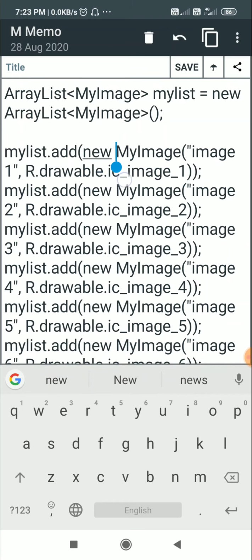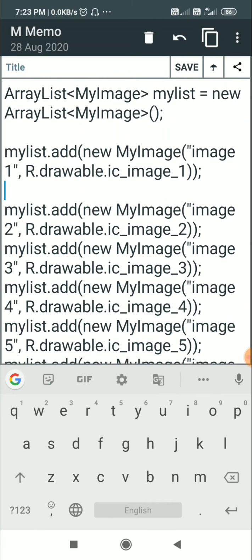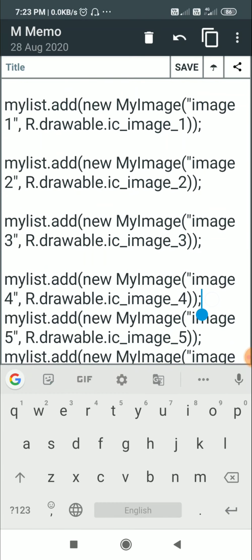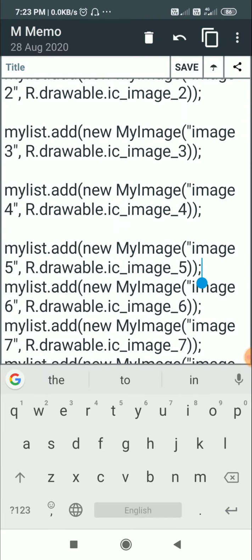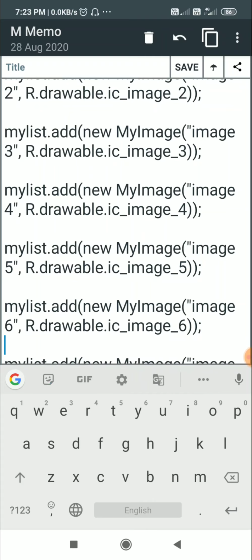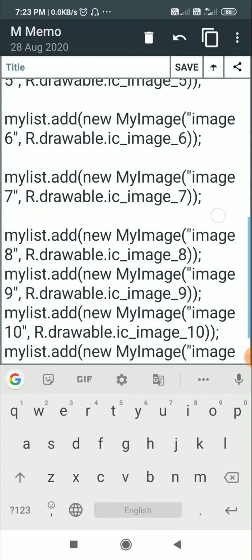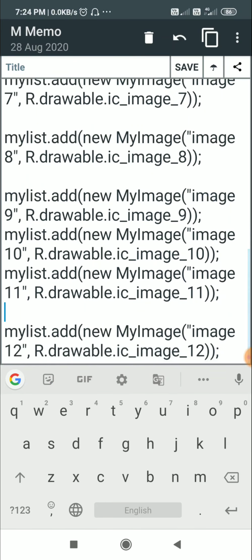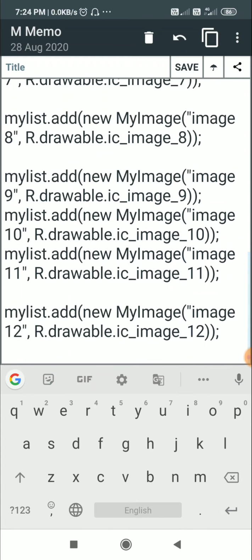So here I write new myImage image 1, this is the string, comma the int resource of the image, which is r.drawable.ic image1. In this way I add items to this myList. At each position it contains the string and the image ID. So one by one I add items, and in total I have added 12 items in this list.